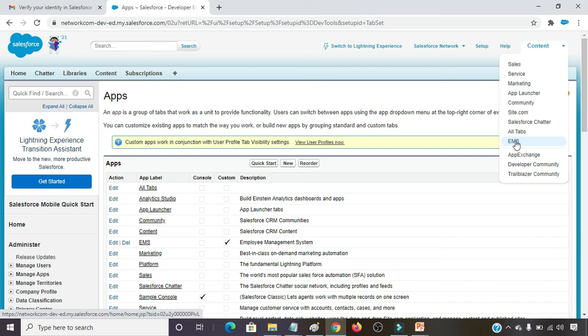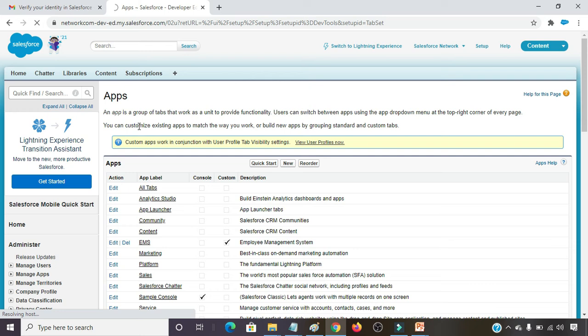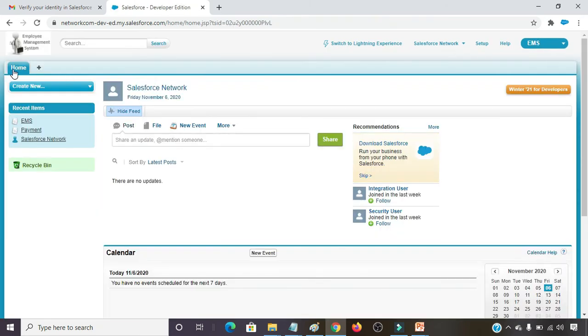This is also coming over here. If you are clicking on EMS, it will come with only home tab because we had chosen there only home. So it's coming over here.